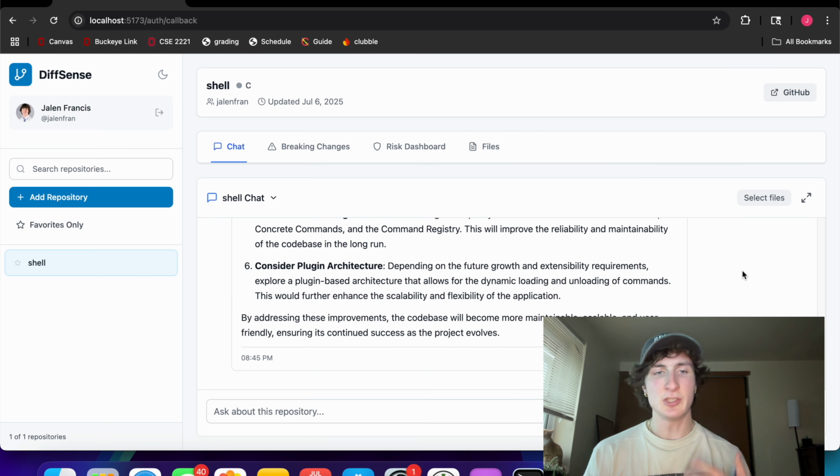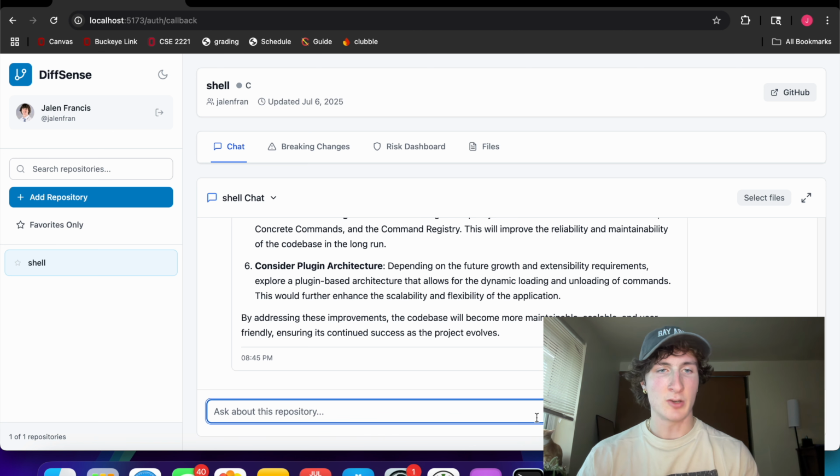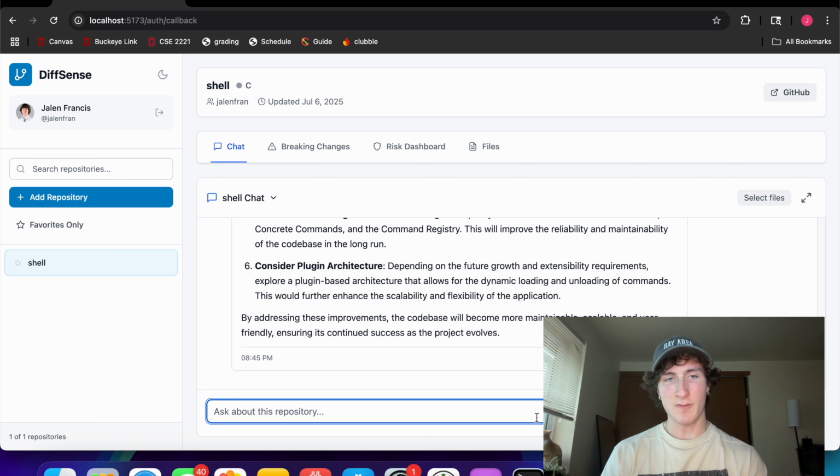But to get to some of the usefulness, you can ask very specific questions. The way our RAG model works is that we give our AI model, Claude in this instance, specific context based on what files you're asking about. And depending on your type of question, it enters a different mode.